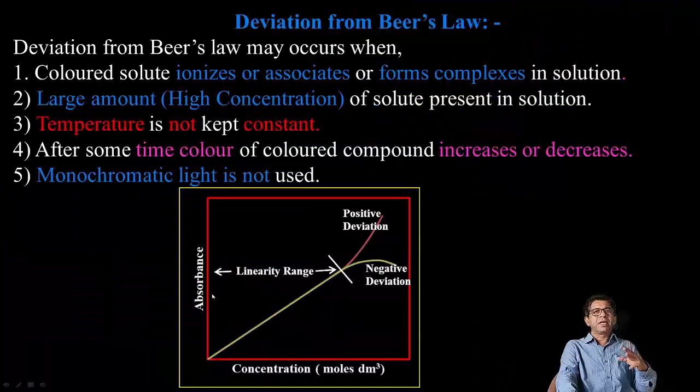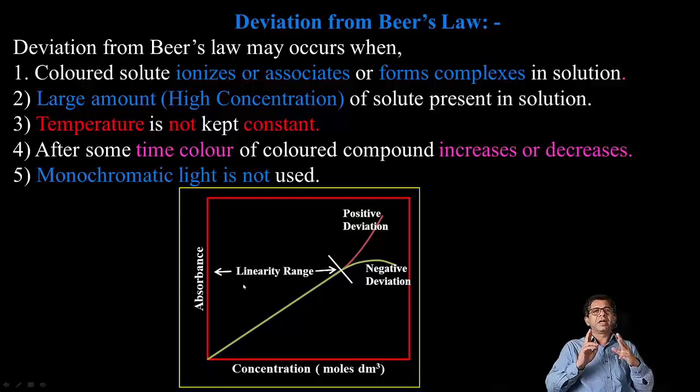To learn the deviation from Beer's law, let us consider the plot between the absorbance and concentration. The linear portion of the curve indicates that in this concentration range, for the given solution at given temperature, Beer's law gives accurate results, and above this concentration range, Beer's law gives relatively less accurate results. That is, this solution shows deviation from Beer's law.